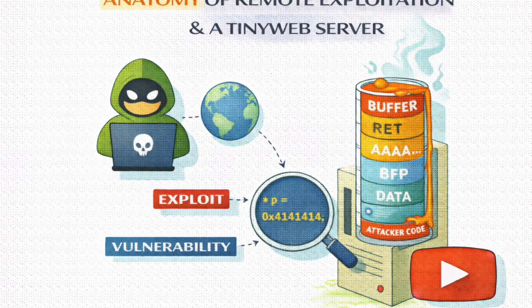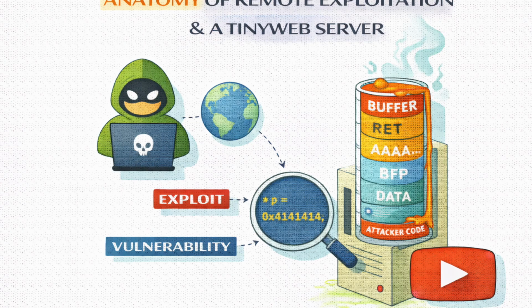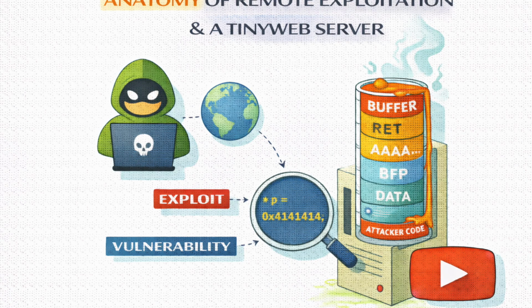Exactly. So the NOP sled creates a giant landing pad. We put a huge runway of do-nothing instructions before our malicious code. Oh, I see. If we point the return address anywhere inside that sled, the CPU hits it and it just slides down the NOPs, doing nothing, nothing, nothing, until, bam, it hits our shellcode and executes. That is brilliant. It turns a precision shot into a shotgun blast. You just have to be close enough.